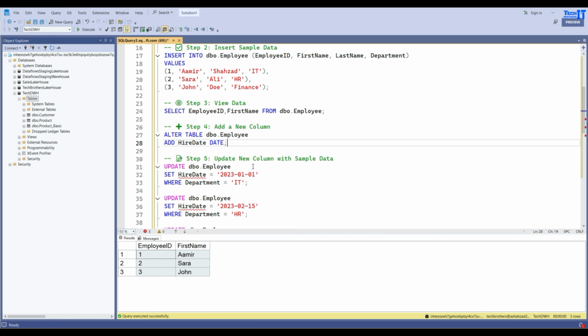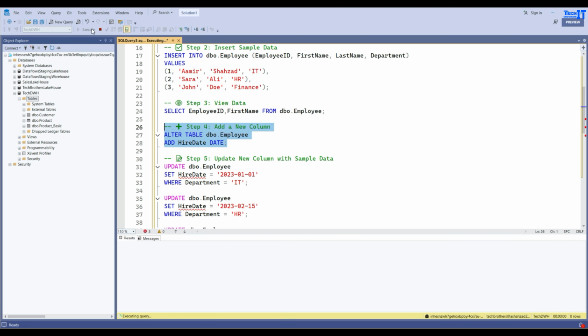Now let's go to the next step, and here what we would like to do is add a new column. In that case, we will be altering a table, and you will say alter table, and then the table name dbo.employee, and then say add, and then provide a new column name. You don't have to say add column, it already understands once you use this syntax. You say add, and then the column name and then the type of that column. So we would like to have a new column called hire date added to the employee table, and that should be